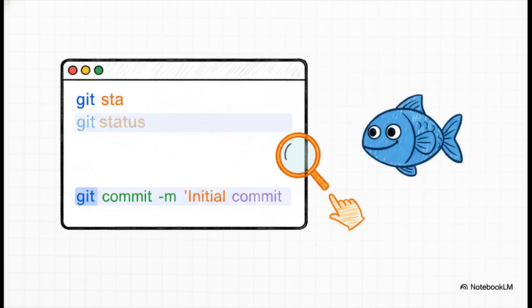Okay, but what if all this sounds a little intimidating? What if you're just starting out? Well, there's absolutely a shell for you too. It's called Fish, the friendly interactive shell, and it's designed from the ground up to just be helpful. It gives you these awesome auto-suggestions as you type, and it even highlights your text in different colors to let you know if you've made a typo. It's like having a friendly co-pilot.